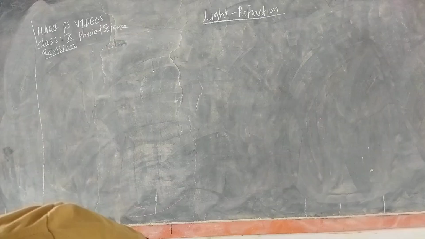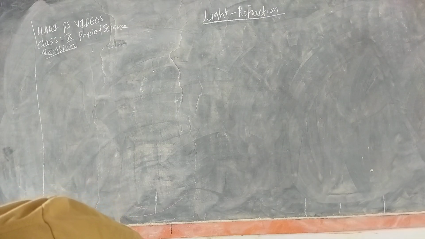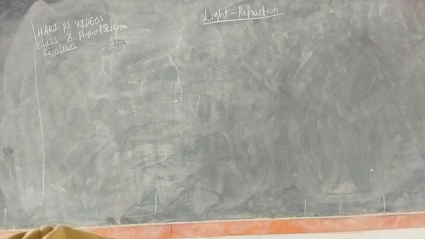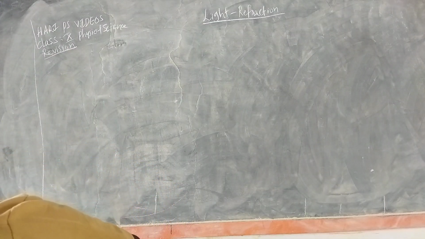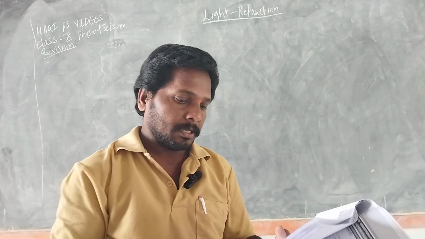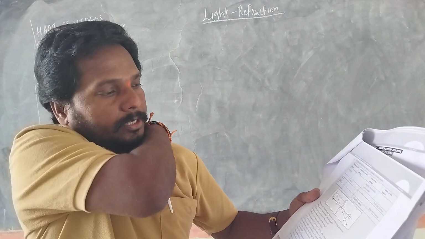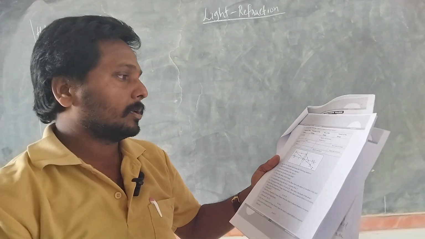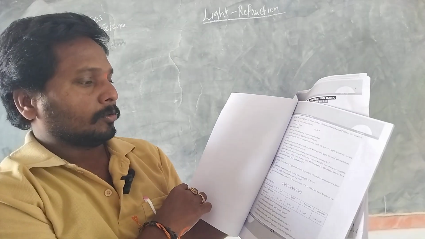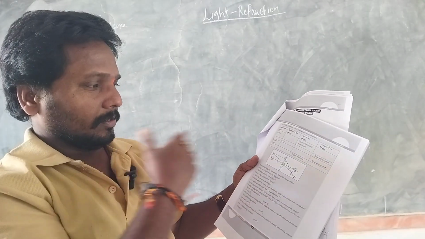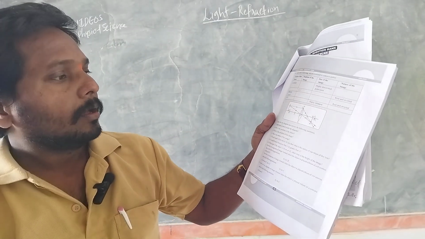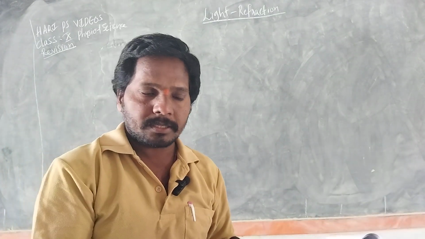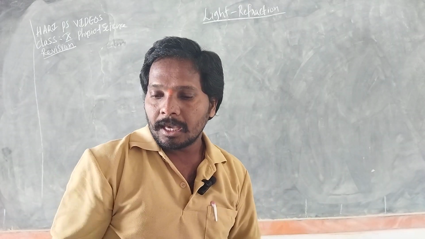So let us start our session by discussing some question answers. I already showed you the question answers, and I posted a picture of the revision planner for the chapter Light. Please go through them. We discussed the concave mirror last time. Now today we will discuss image formation by a convex